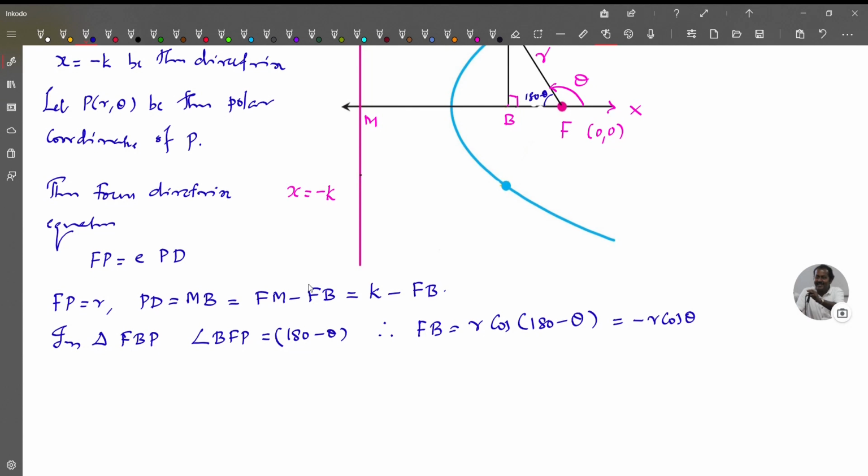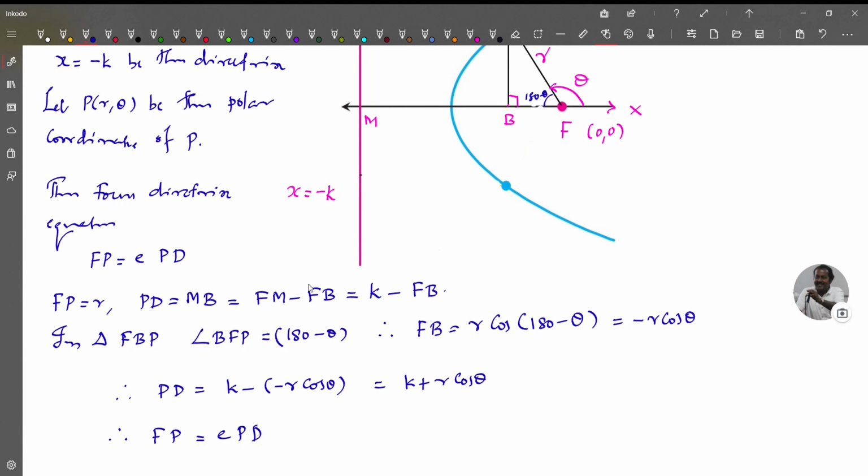Therefore, PD is equal to K minus FB. So K minus R cos theta. So this is K plus R cos theta. Therefore, FP is equal to E PD